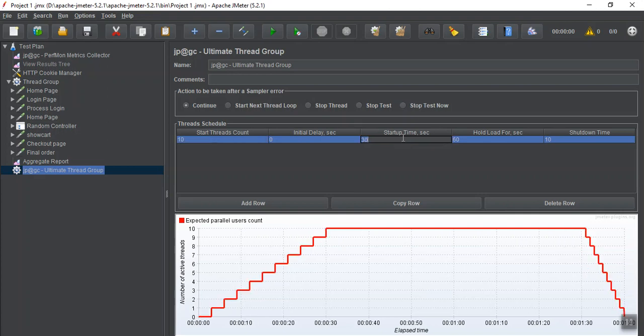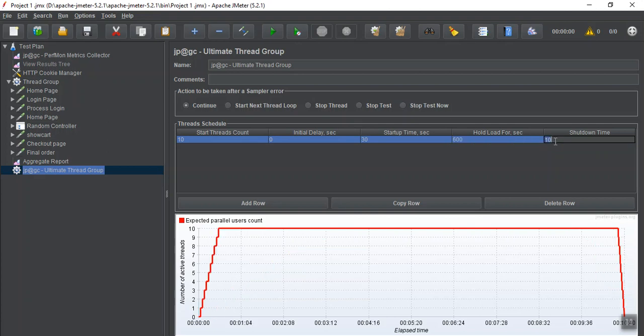Let's keep it 30 only, and hold time we can put as 600. Let's make it 6 seconds, that is 600. Sorry, 0.6 second. And shutdown time, let's make it 30. Fine.